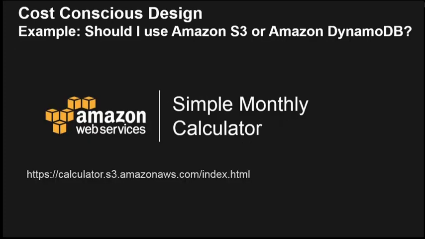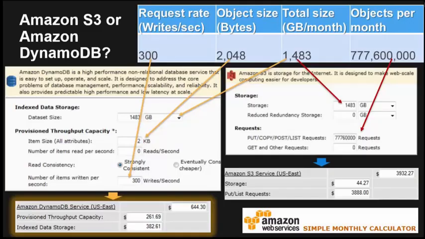To break the tie, there's a tool called the Amazon Simple Monthly Calculator. I find that extremely helpful. If you plug the numbers into the Simple Monthly Calculator, it gives you a projected bill. In this case, it says DynamoDB is going to cost $644 versus S3 at $3,932. When I throw this out as a quiz while presenting, people tend to pick S3, but the surprise for them is the put and request rate. S3 is designed for large